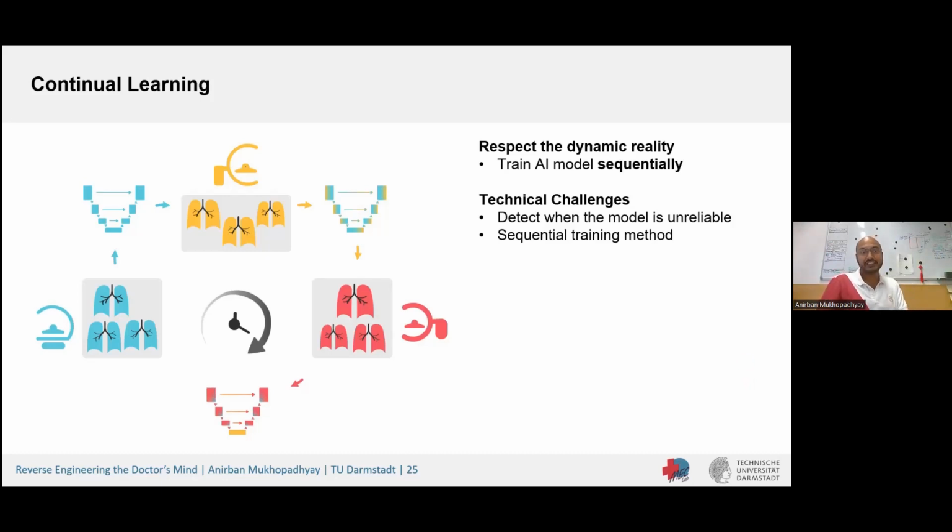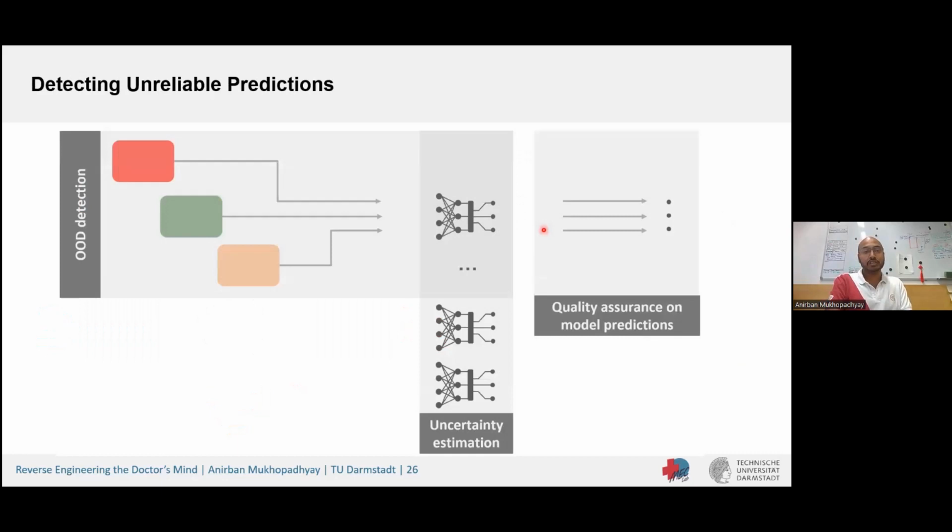Now, the first part of this technical challenge is to detect when the model is unreliable. If you are looking at this, you can detect it in 3 different ways from 3 different sources. You can look at out of distribution detection at the sample level. You can use the uncertainty of the model itself, or you can look at the final product that is coming out of the model and try to assure a certain quality. We worked on all 3 of these directions, but for this talk, I will focus only on the